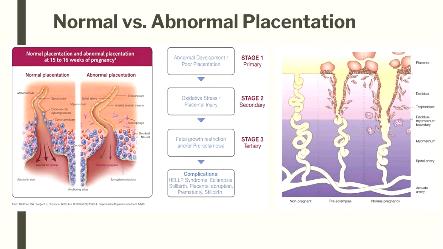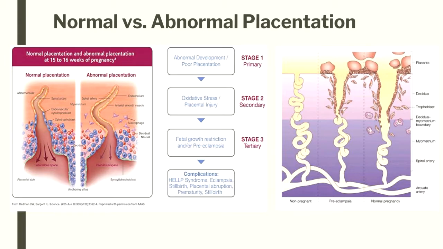So when low resistance happens and the dilation occurs appropriately and they're embedded appropriately into the decidua, the resistance drops and her blood pressure drops. But when it's constricted, the resistance is high and thus her blood pressure is going to go up. This high resistance then leads to poor placental perfusion, and poor placental perfusion, you can see, is going to affect the baby and the growth of the baby.